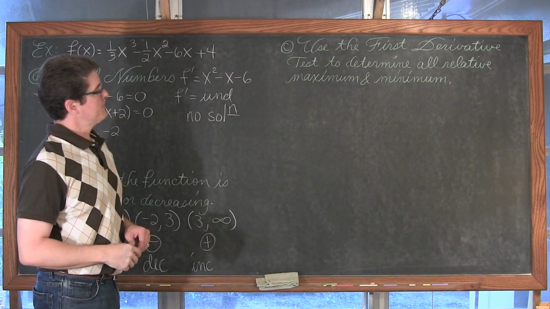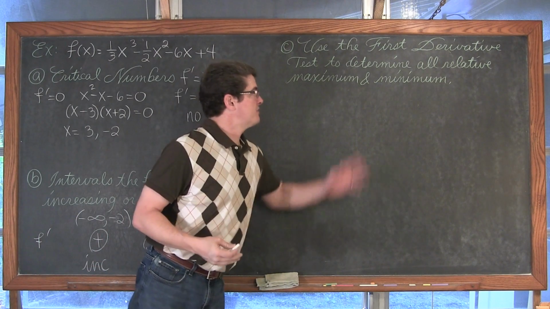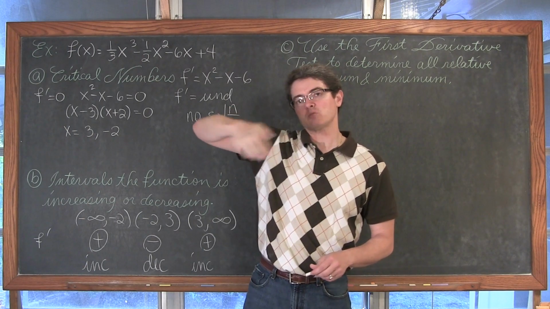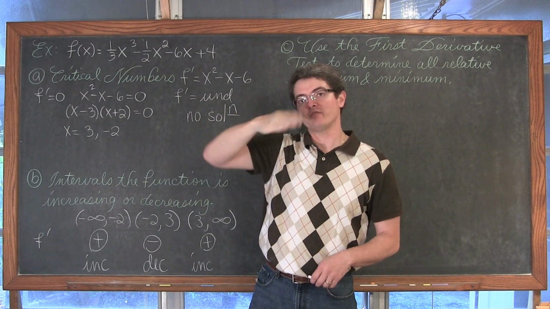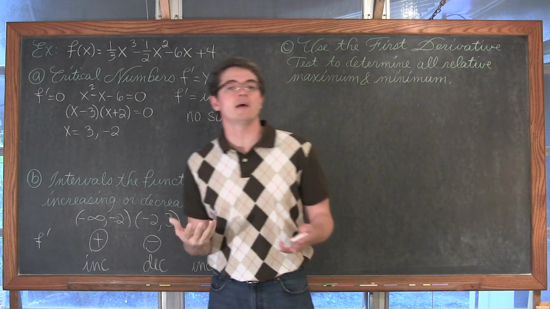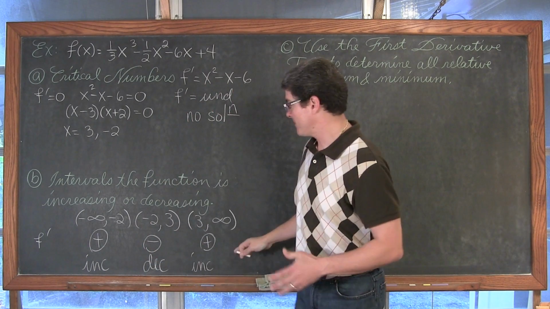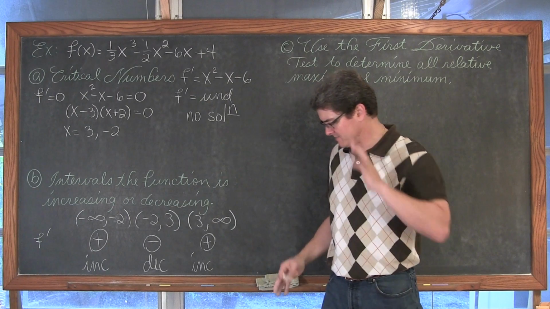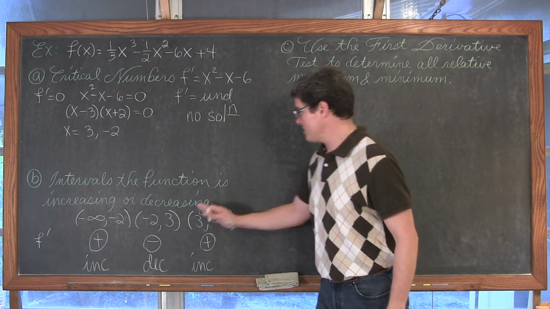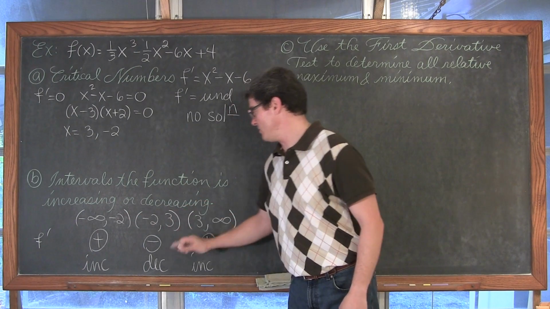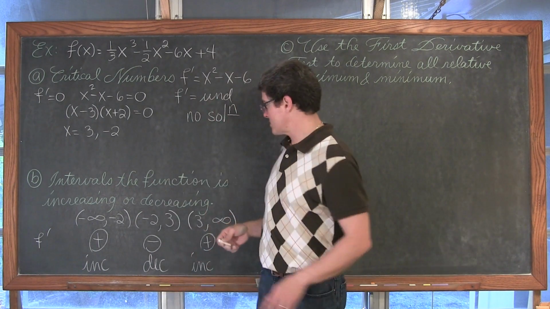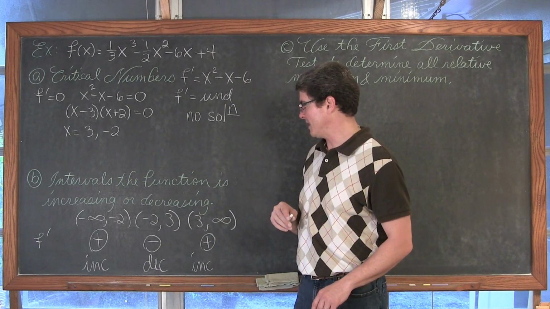Now use the first derivative test to determine all relative max or min. So in other words, is there a place where the graph bottoms out, setting up a relative min? And if that's the lowest y value in the entire function, it's actually an absolute min, but relative min have less criteria, so we start with calling them that. And then we're going to test at -2, and then test 3, so let's see what happens. Okay, so our critical values, -2, 3.